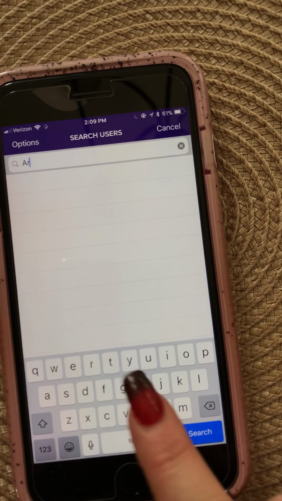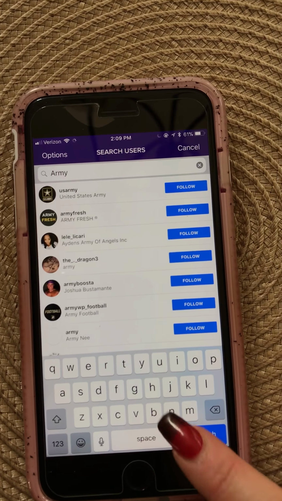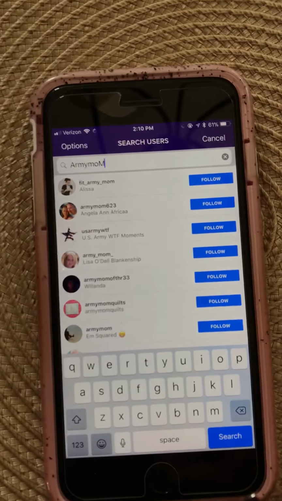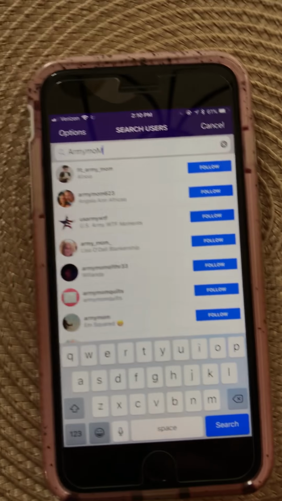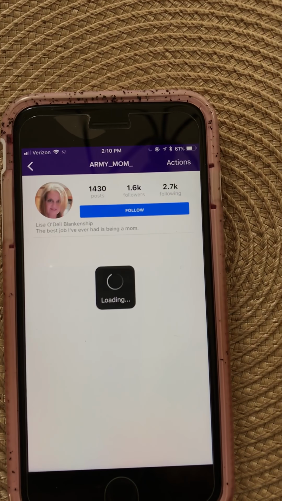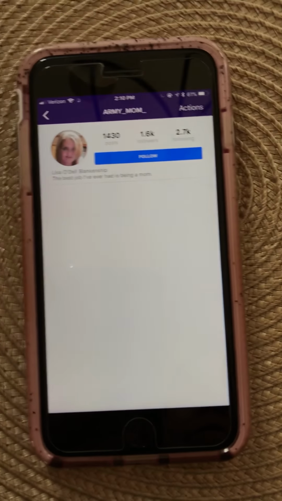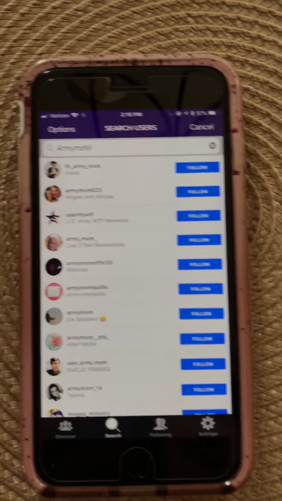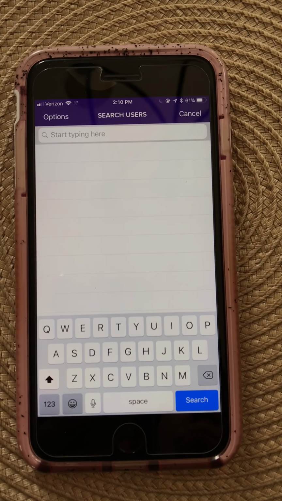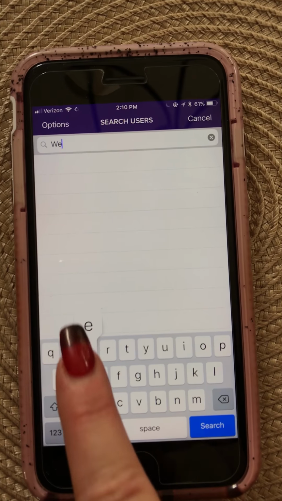let's see, these are not people that I search. Although I could. So let's say I look for Army Mom. What I'm looking for is people that have a lot of followers that are unique, that are public. So let's go, let me think of something. Let's look at